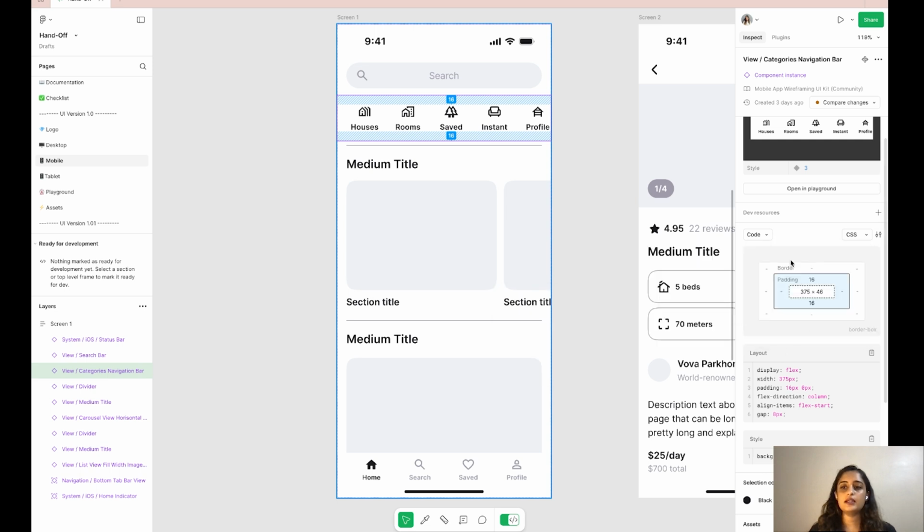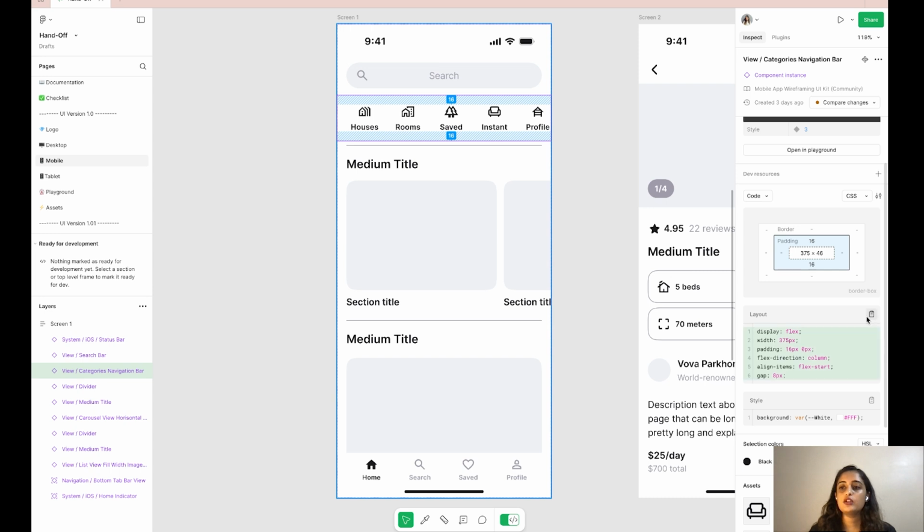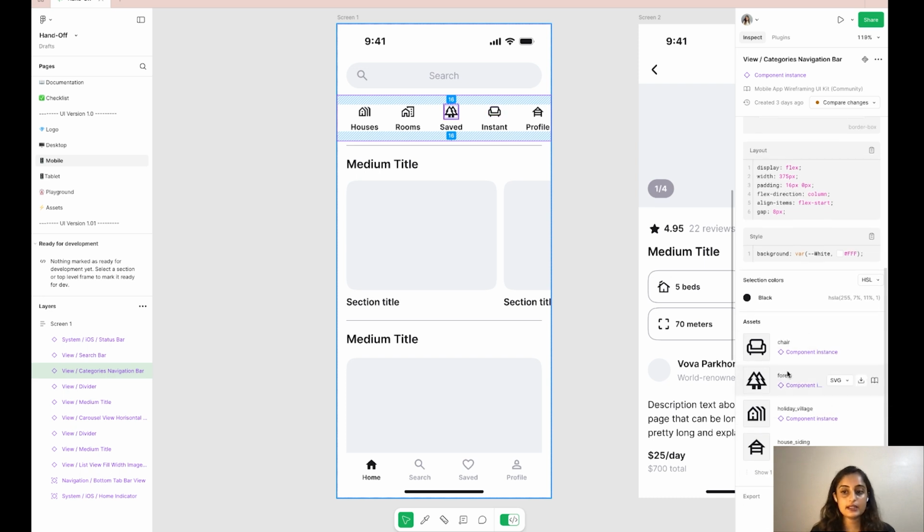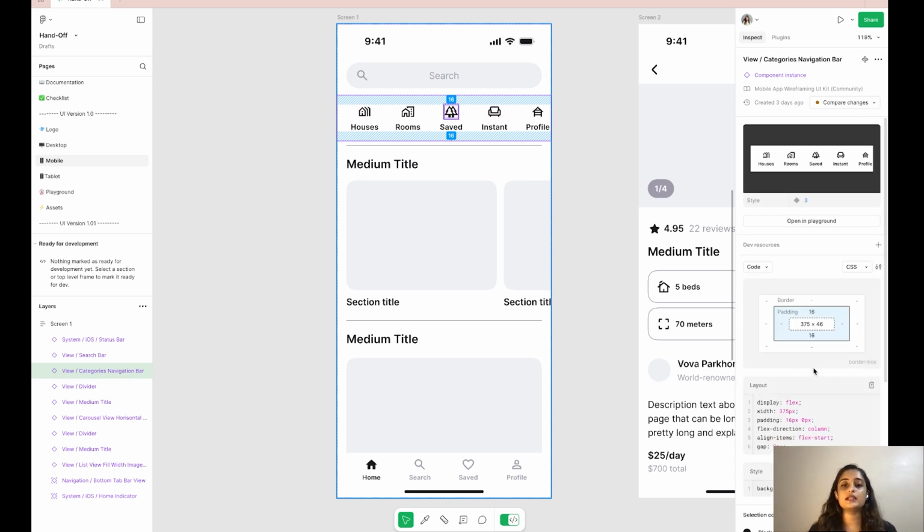So, other things like viewing padding, border, margins, you can even copy the styling, the CSS code. You can explore a lot of assets that are added, like components within the particular component. If there are sub elements, if there are assets, you can download them in SVG, PNG, JPEG, and PDF formats. So as you can see, this is a very, very powerful feature that Figma has, which enhances the collaboration between designers and developers.